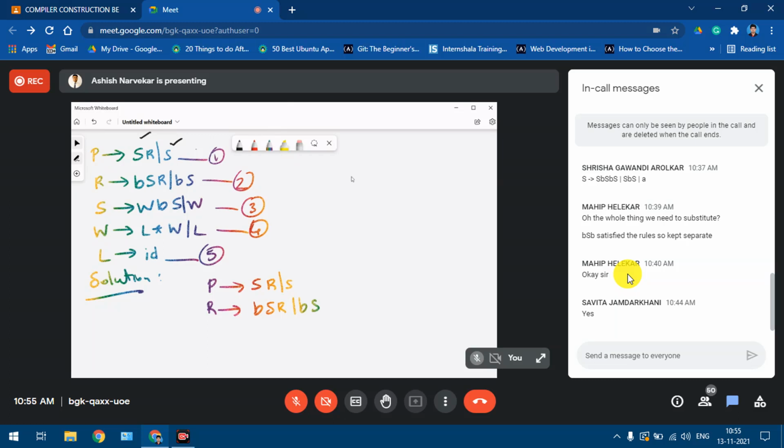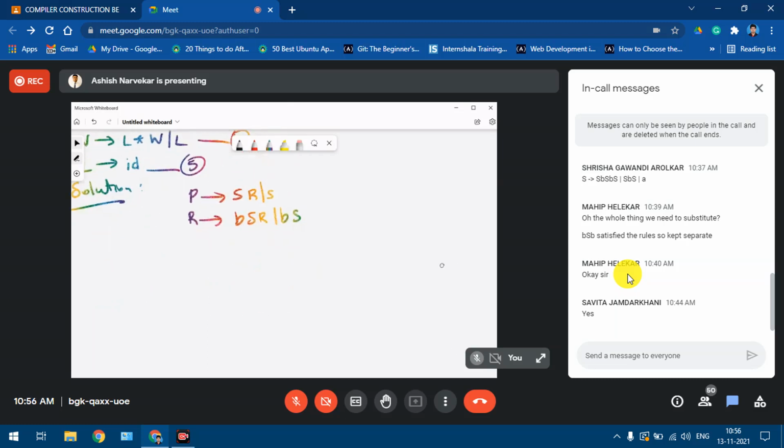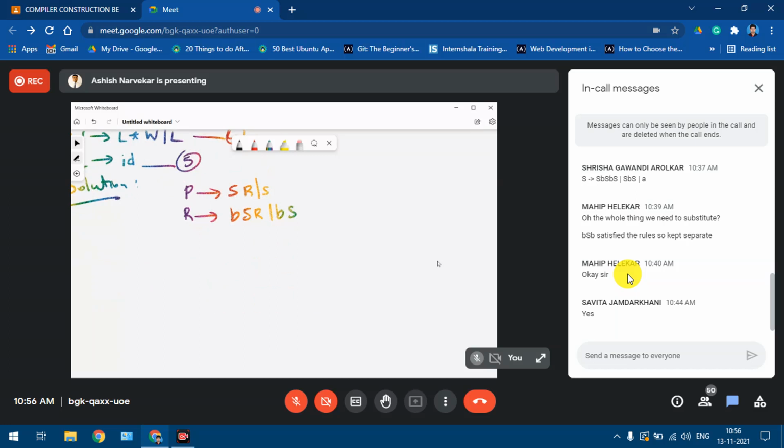Now I believe that you all have understood the concept of a paragraph which can be made up of a single sentence or recursive sentences, and as we just discussed what a sentence is, what a word is and so on, it will be very easy to understand how we go about it. So right now, this is my 1 and this is my 2. We can substitute 2 in 1 and check whether we can come up with any solution.